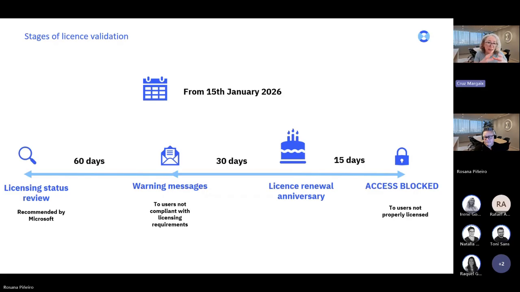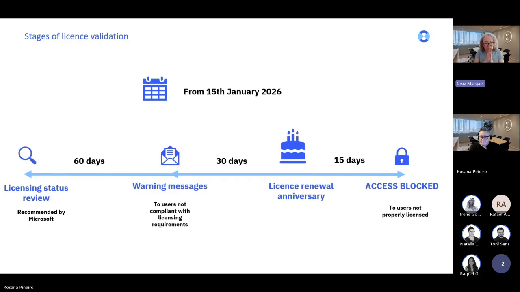And this validation of licenses has been staged in a process that's based around the license renewal anniversary. We'll see with an example what this date is. It's not exactly the date when licenses should be renewed. It's actually the birthday of the licenses, right?